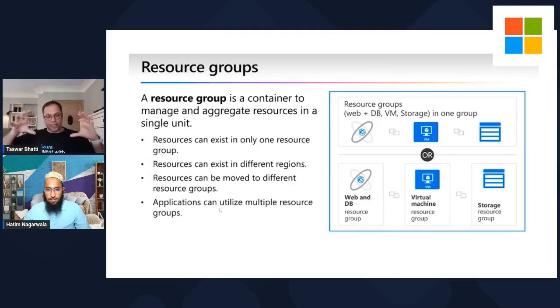So this actually aggregates into a level of things that you could do. Now there's a limitation: I cannot put a VM in one resource group and also share it with another resource group. It's not like a VM could live in resource group A and also in resource group B. For example, here you see at the top there's one resource group that contains three items: Cosmos DB, a VM, and some data. Or you could divide it into three resource groups, where the web application has its own resource group, the virtual machines have their own, and the storage has its own. So these are all the resource group setups that you could do.